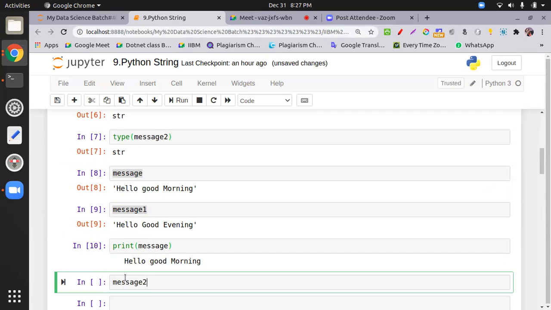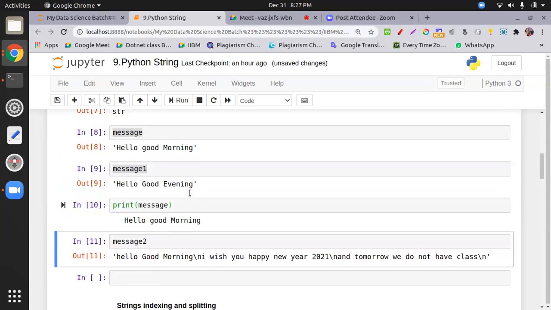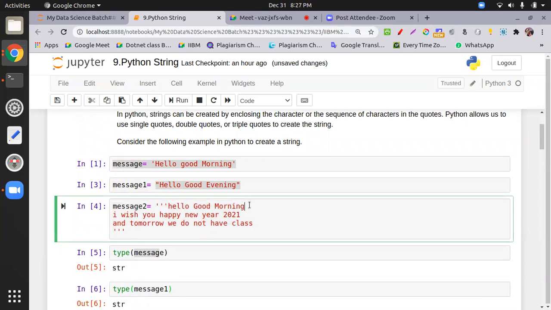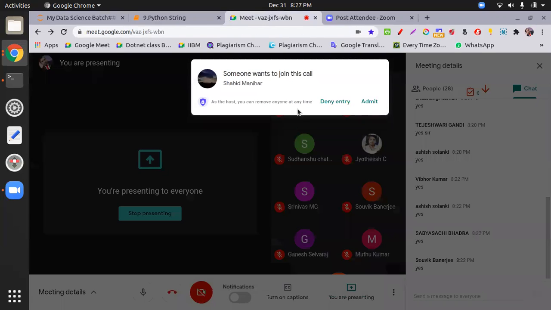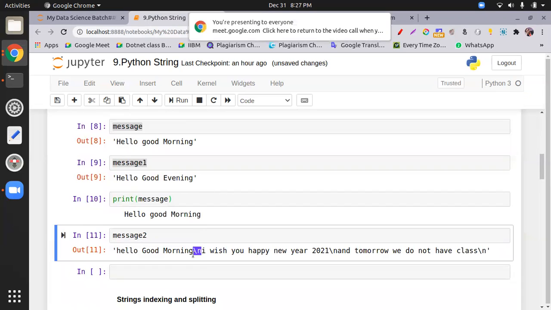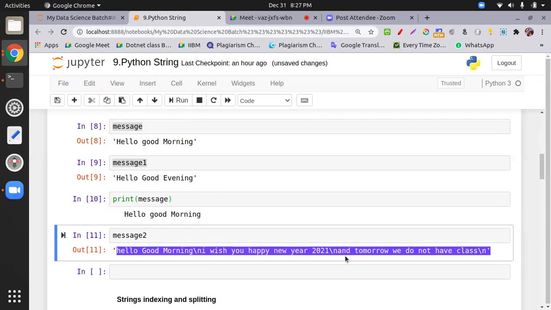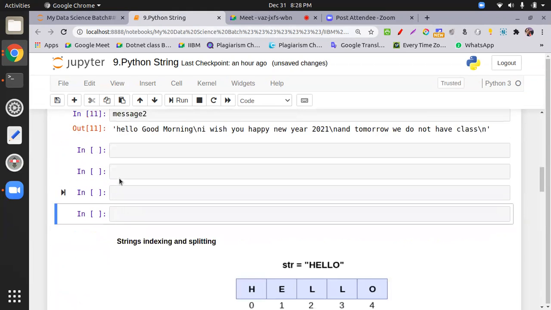Message two. So when we have a multi-line string, as I change the line after morning, I start with I wish. All right, so what happened? This will automatically append the slash n, which is a new line character. Then what happened? It is not recognizing directly what a new line is, and it puts everything in one line. But what if the multi-line is put with the